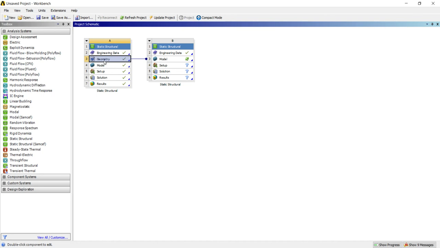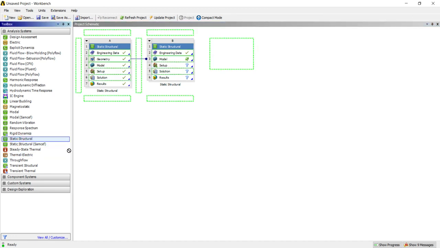Whatever inputs or parameters you have assigned into this geometry will be copied there. If you want to define only the setup, or change the results and all, you can do that. You can select static structural and define, I want to deal with just the solutions, not the others. You can do that like this.